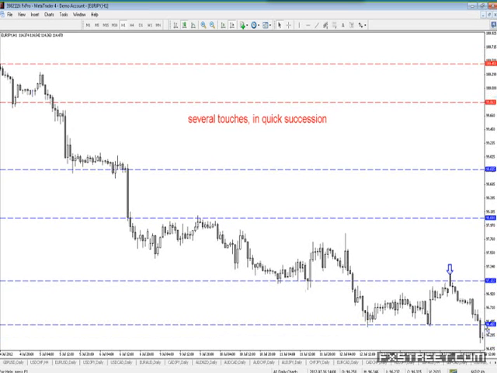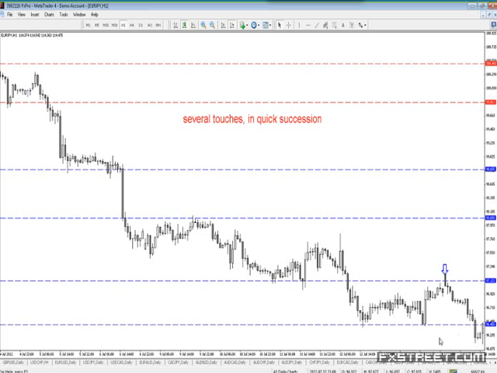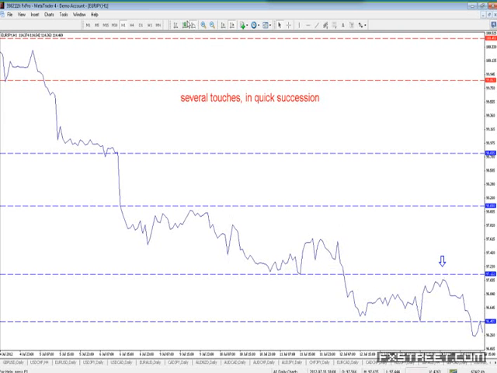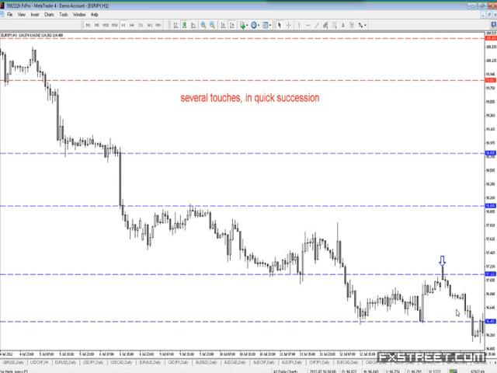I want to see the market drift back up and touch it from below. There it is. It's touched it from below. That's a pretty bullish candle, though. I would want to see the next candle as a big bearish candle. Otherwise, I know that the market's going to hop back up on the other side of the zone. Okay, there you go. So that's a nice touch. And if we look at the line chart, that is a nice classic breakout. This would be worthy of a sell trade to me,